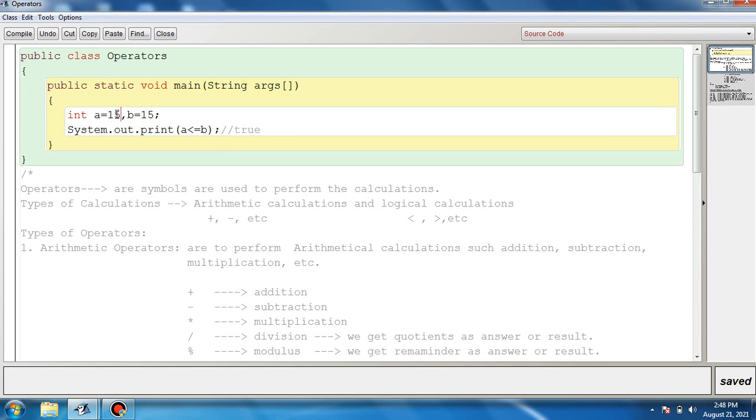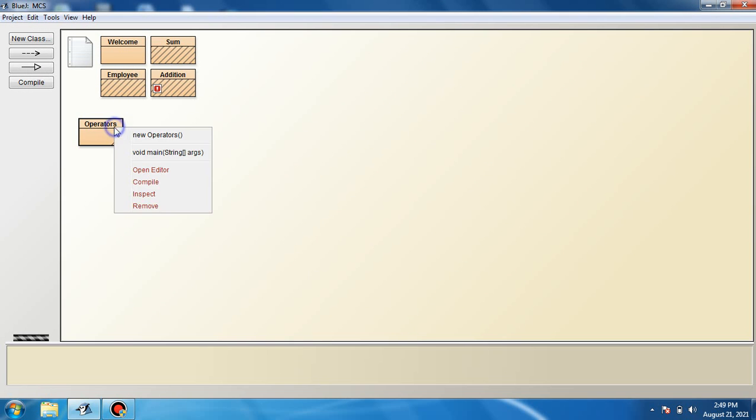Now if we change it to, let us suppose, 55, then 55 is neither less than B nor equal to B, so both are false. So it will result in false. A stores 55; is 55 less than 15? No. Is 55 equal to 15? No. So the relational operator less than or equal to will result in a false value. If we run this code, we can see false.